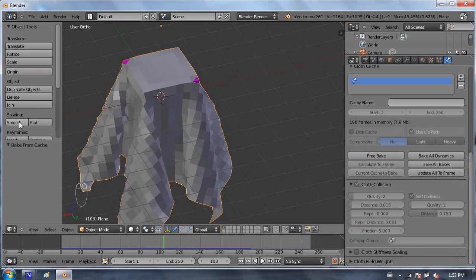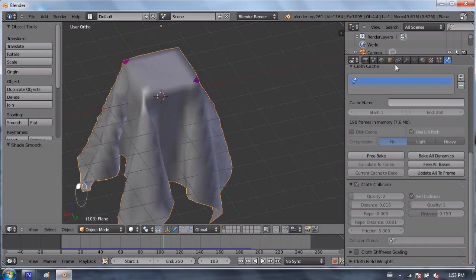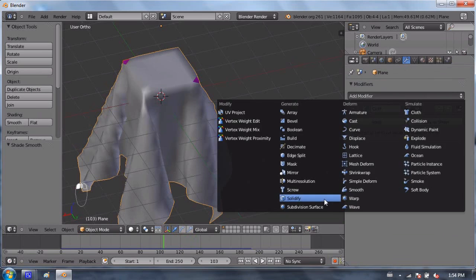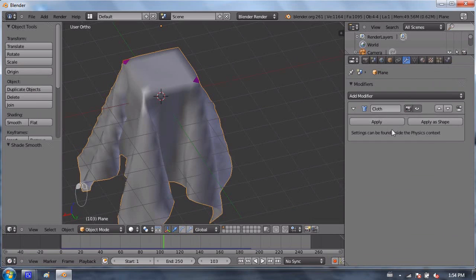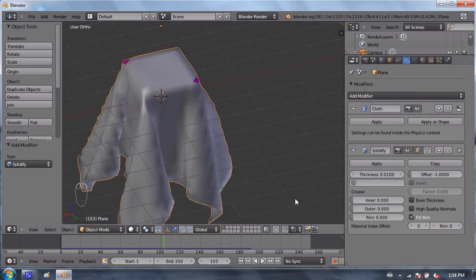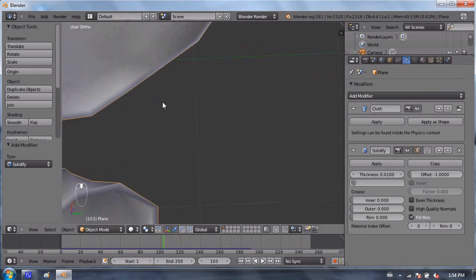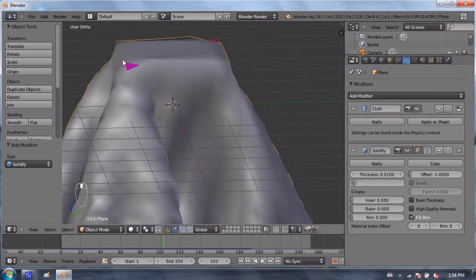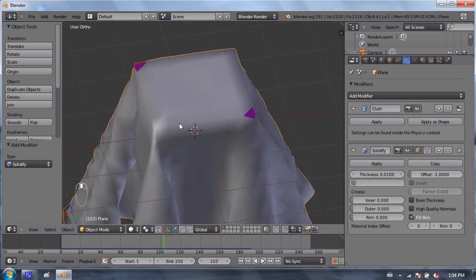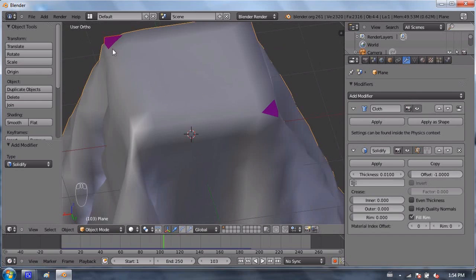And let's go ahead and make our cloth smooth. And let's go ahead and add the solidify modifier. So under the wrench tab, you add a modifier. You'll notice that, of course, the cloth modifier was applied when you added the cloth physics to the piece of cloth. So I'll add the solidify modifier, which of course gives us some thickness to our cloth. And that's all good and great, but it didn't quite cover up the corner sticking out. What we can actually do is change the offset amount, which will actually make the cloth move and go out or go in, depending on the normals of the cloth.